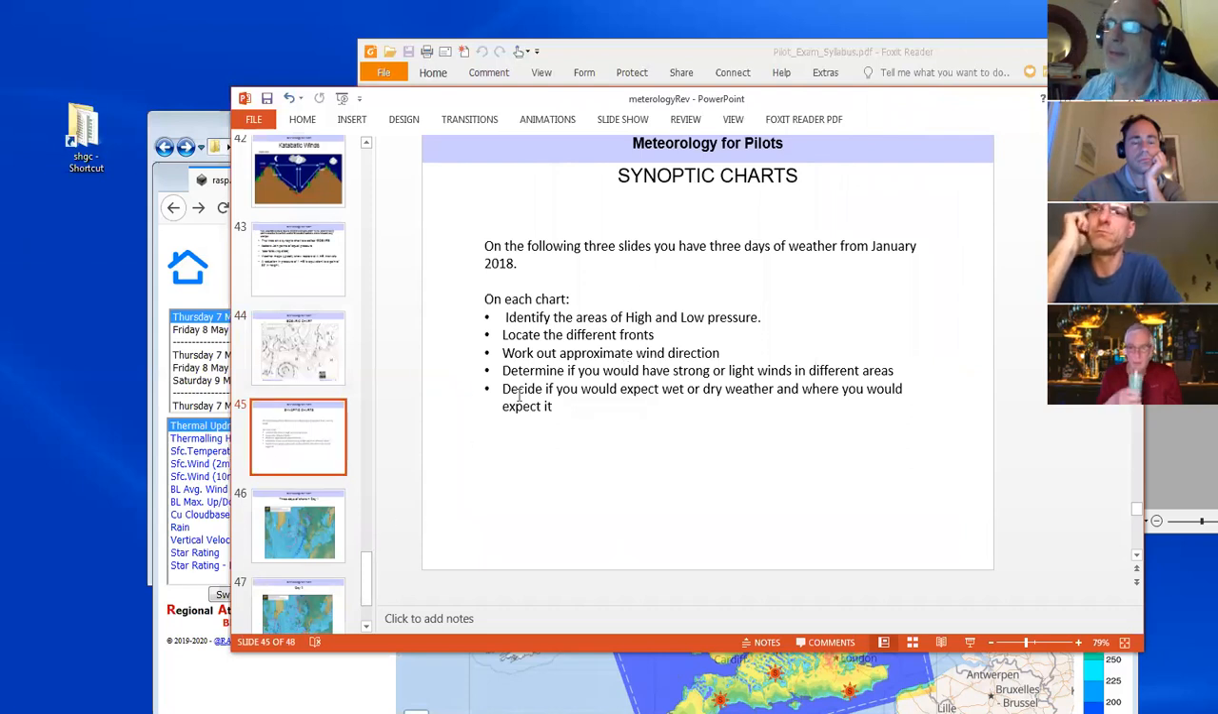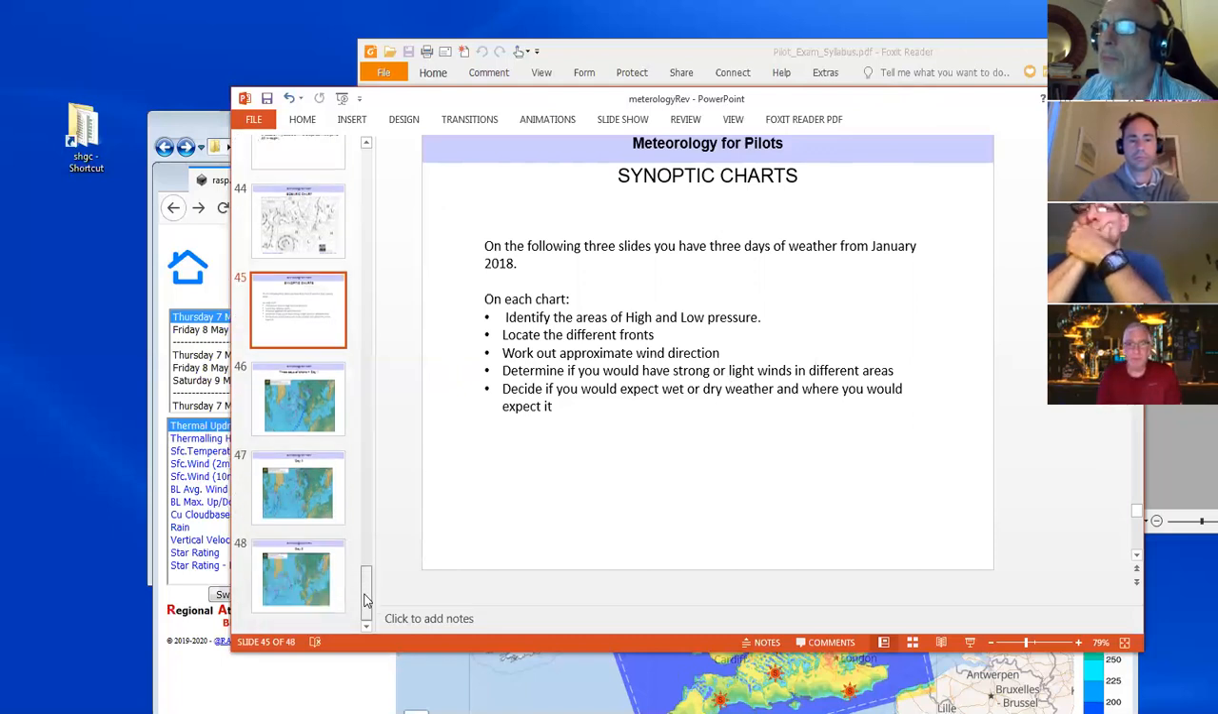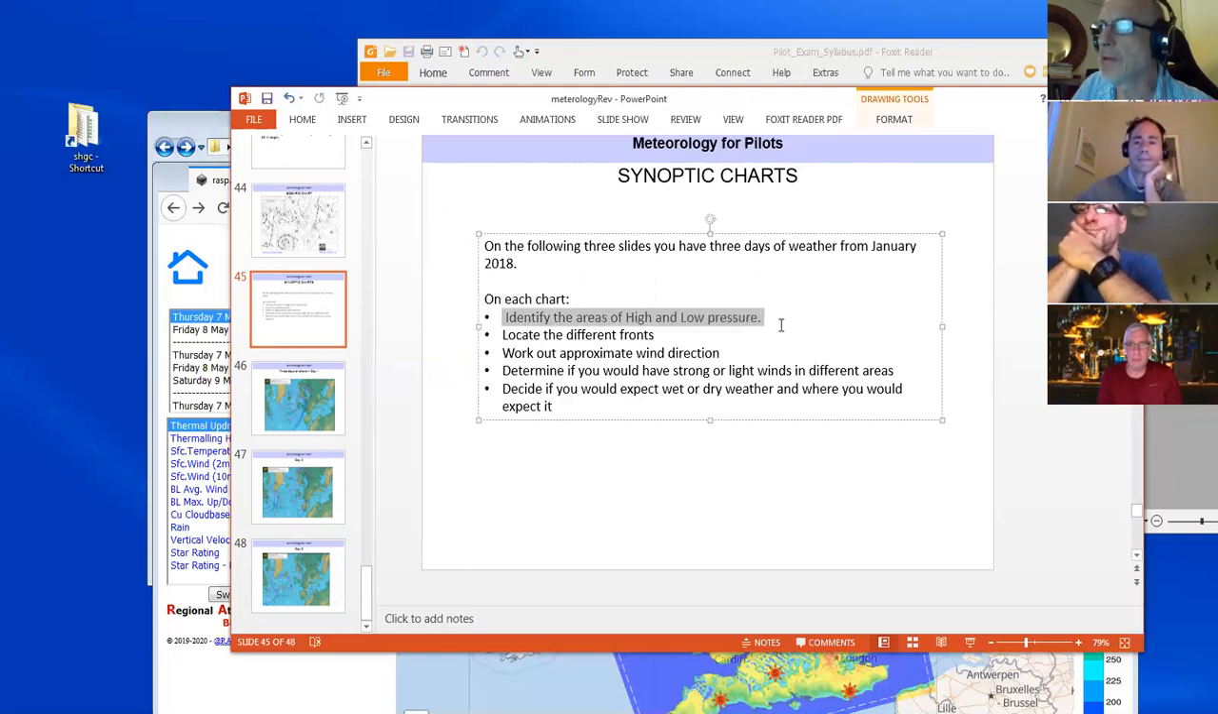The following, I will update at some point, but this is from 2018. It was 3 successive days of synoptic charts, just to show what was happening with the weather over those 3 days. And the sort of things you should get used to doing with charts is identify areas of high and low pressure,